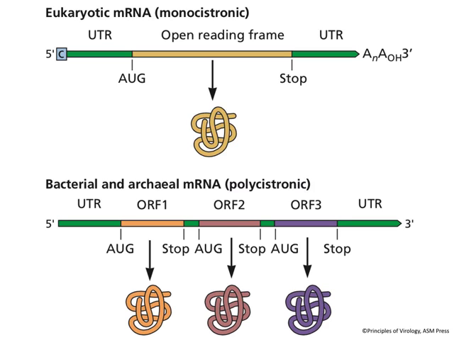We've already talked about the structure of that mRNA. That is in contrast to bacterial and archaeal mRNAs, which can be polycistronic. They can have multiple open reading frames on a single mRNA, so you can make multiple proteins from one message. And the reason that happens is because around the AUG on these bacterial mRNAs, there's a Shine-Dalgarno sequence, which is complementary to one of the ribosomal RNAs. So the ribosomal RNA recognizes the sequence around the AUG, hybridizes to it, and it can initiate translation. So that can happen internally.